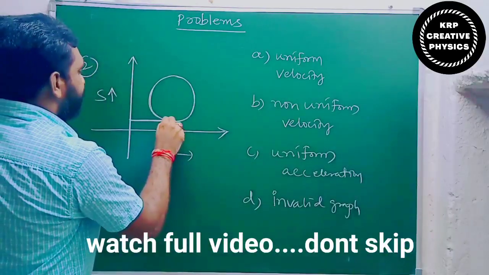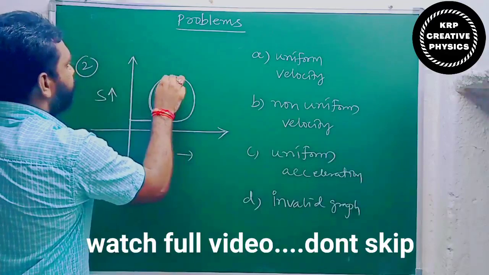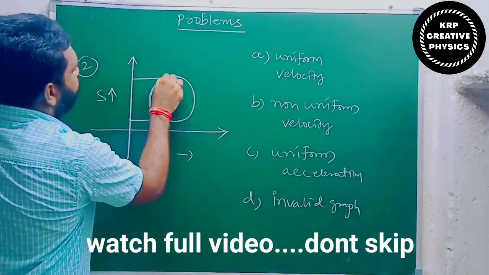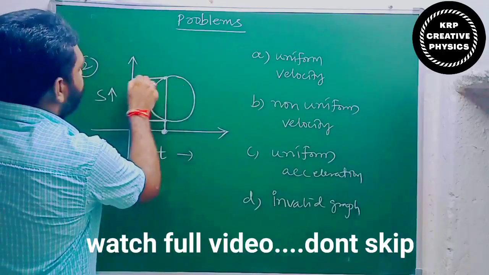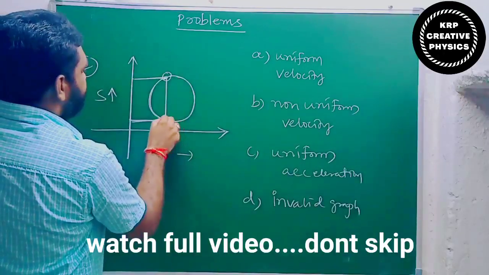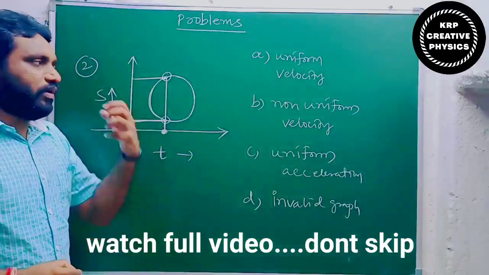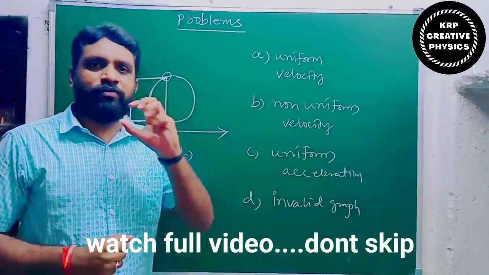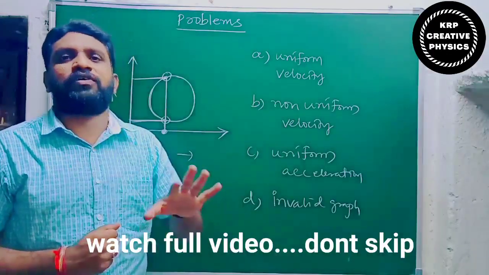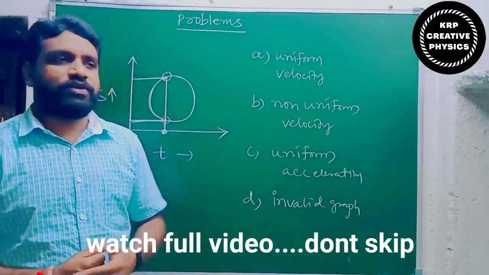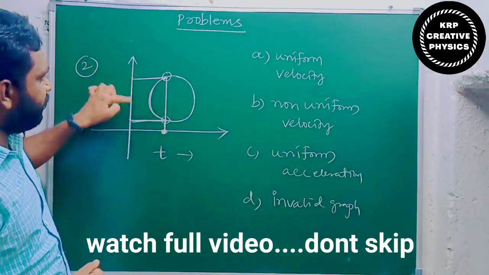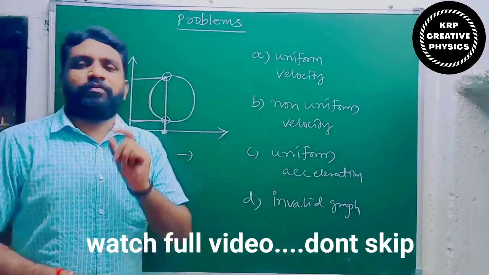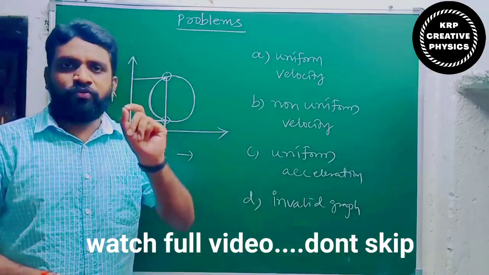So here, at the same time, this is the displacement. In this graph, two displacements are given at the same time. Is it possible? At a time, can one object be at two different places? It is impossible. It is against Newton's laws. At a particular time in this graph, two displacements are given. It is impossible. At a particular time, we can have only one displacement.